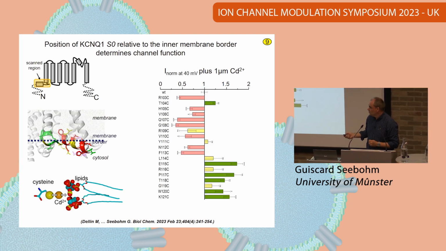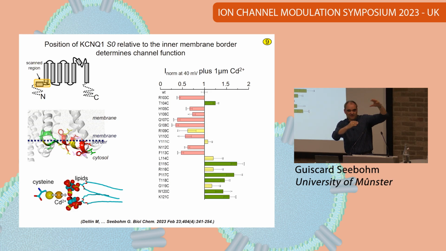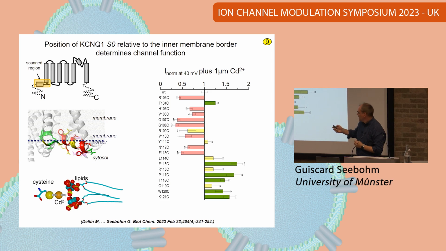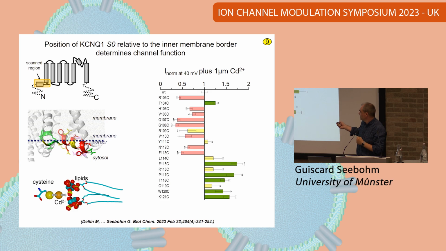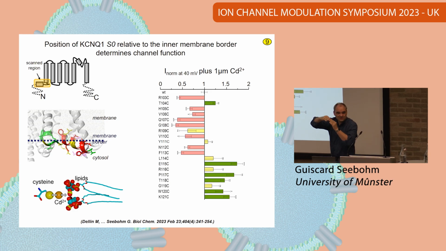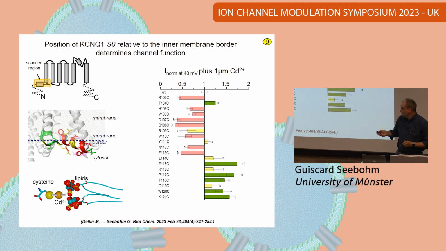applied another assay. So what we did now is we used our cysteine mutants and injected cadmium, and cadmium can be coordinated with some affinity between the negatively charged lipid heads and the cysteine. Via this, we generate a force pulling the helix to the membrane border. And when we did this, you can see pulling the helix on one side closer to the membrane is inhibitory. On the other side, it's really stimulating the channel. So positioning the helix relative to the membrane really modifies the channel.